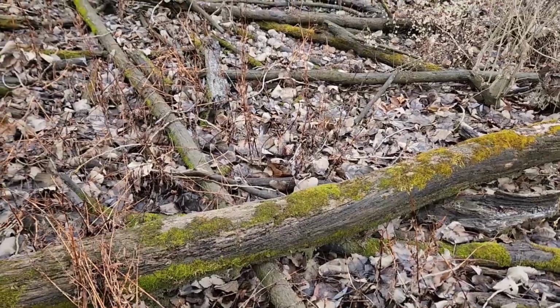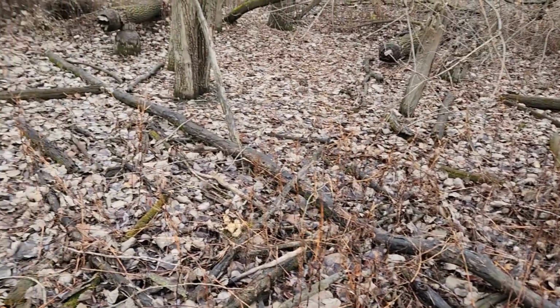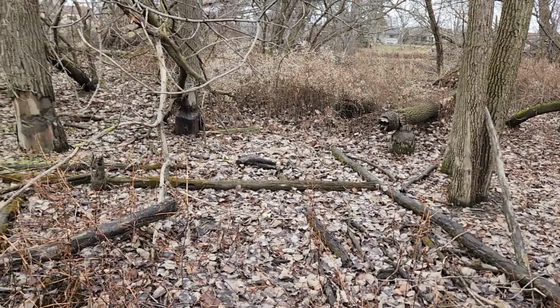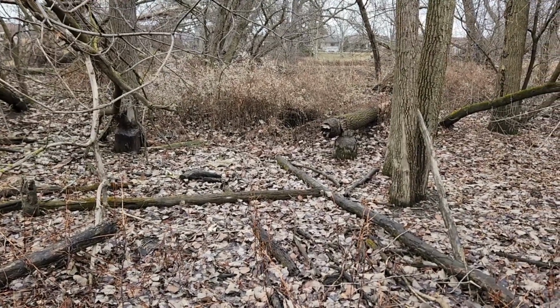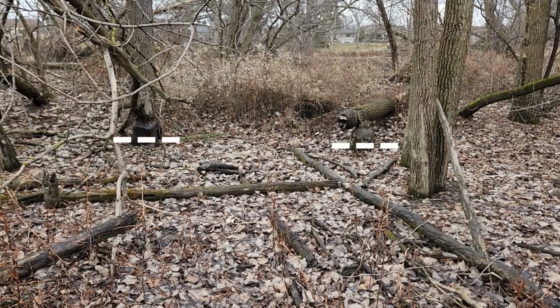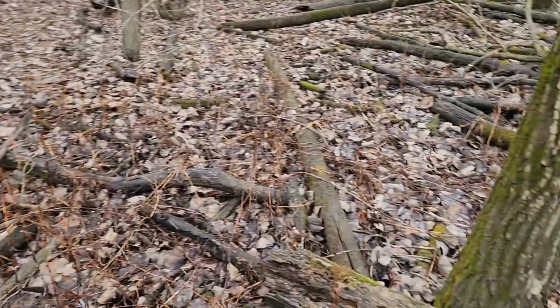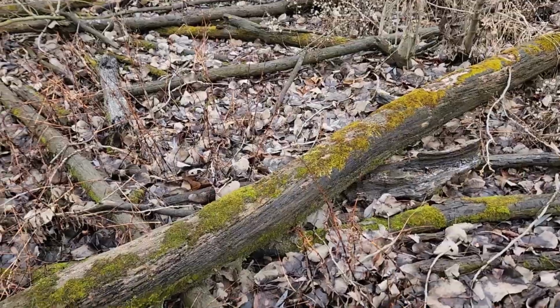But this is a spot where when it rains in excess, this part is actually usually underwater. And you can see right about there where the bottom of those two trees are, is kind of how high the water can get. It can get pretty high here. Well, I should say right about halfway between where it touches the ground and where the beaver bites are is how high it can get. But what I think is really neat is, and I marvel at this,